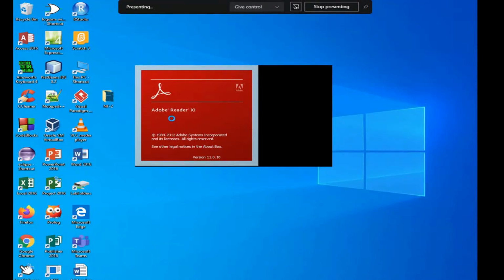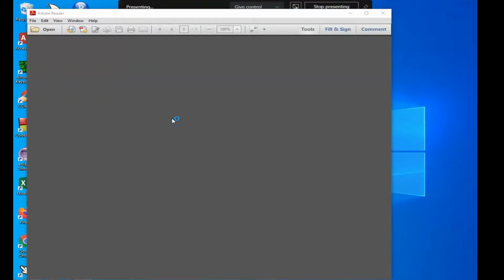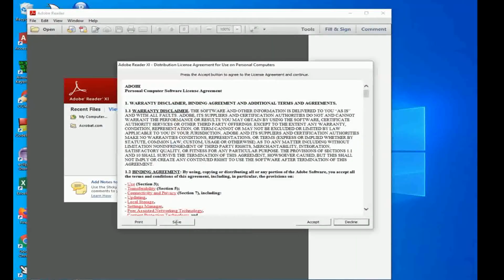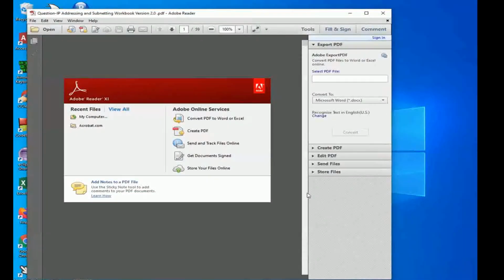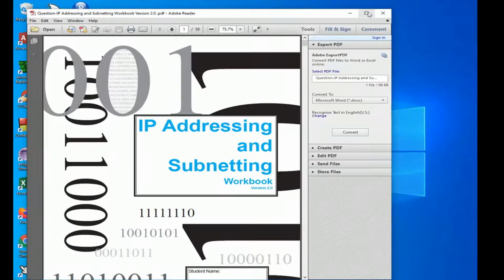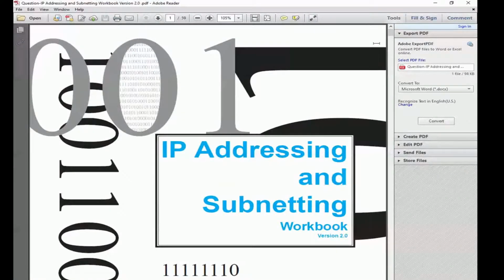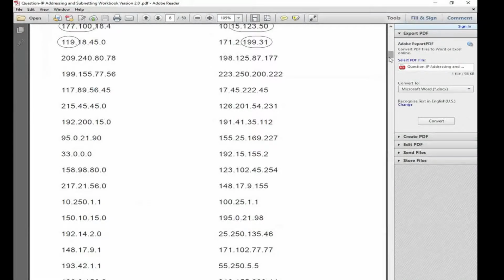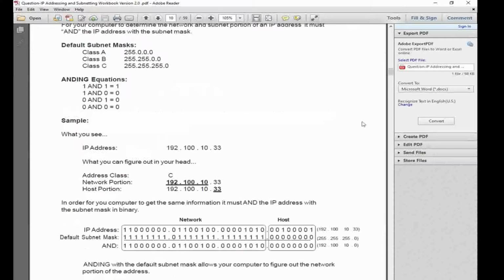This subnetting is very, very important. If you are finding any issue, please do let me know. It is your responsibility to tell me if you are not understanding or facing any problem.